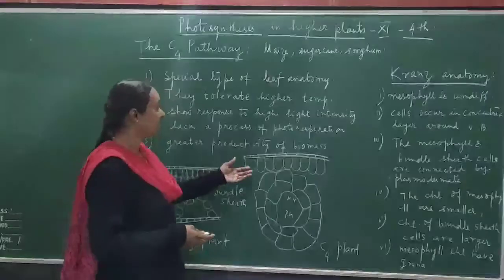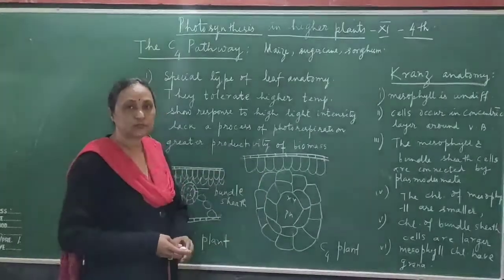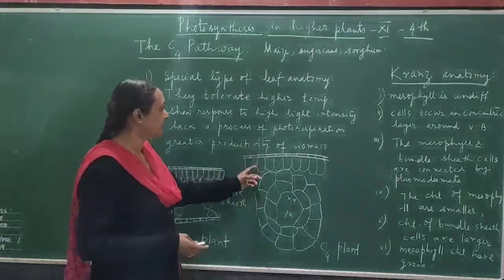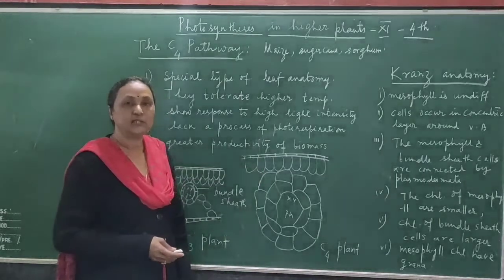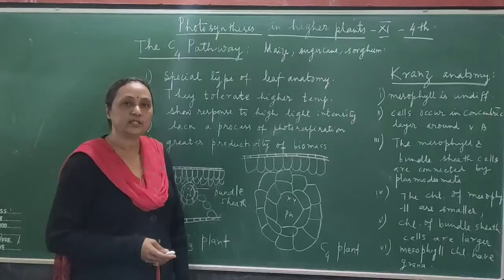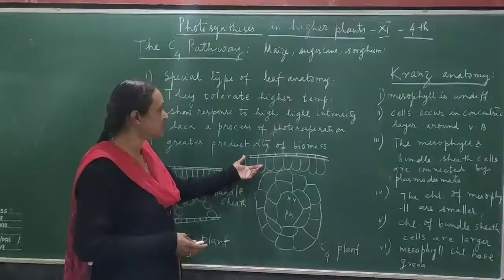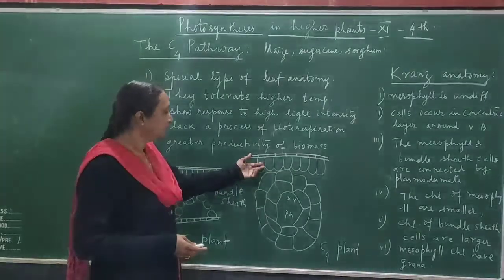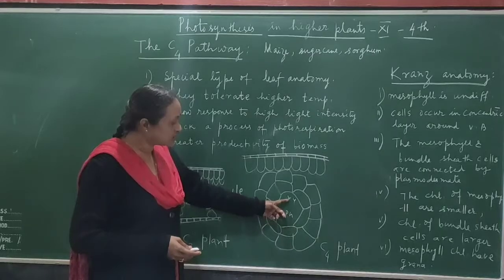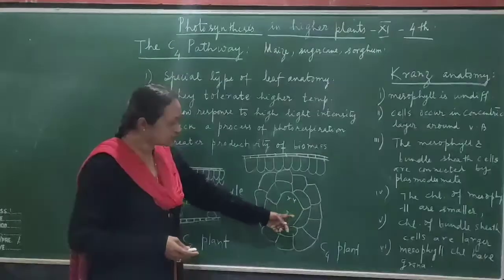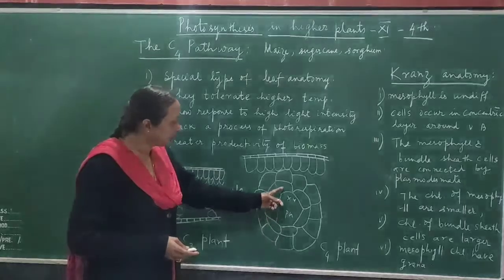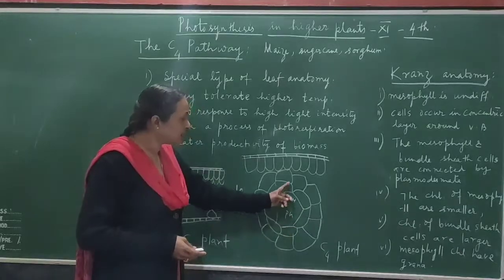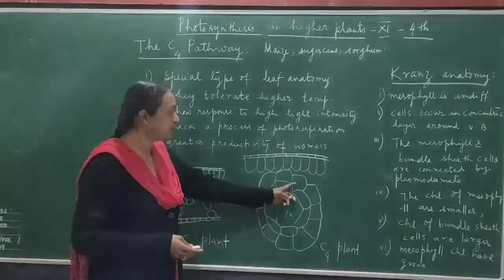Okay. Now what is the difference in the anatomy of the C4 plants? In a C4 plant also you can see there is one upper epidermis. Below the upper epidermis there is mesophyll, but here the mesophyll is not differentiated into palisade and spongy. You can see there is only one single layer of mesophyll. Okay, there is no differentiation of the cells. Then in the middle portion, vascular tissue, xylem and phloem, is there. Here also it is surrounded by bundle sheath, but the bundle sheath cells are bigger in size, and not one single layer. There are several layers. You can find many layers.